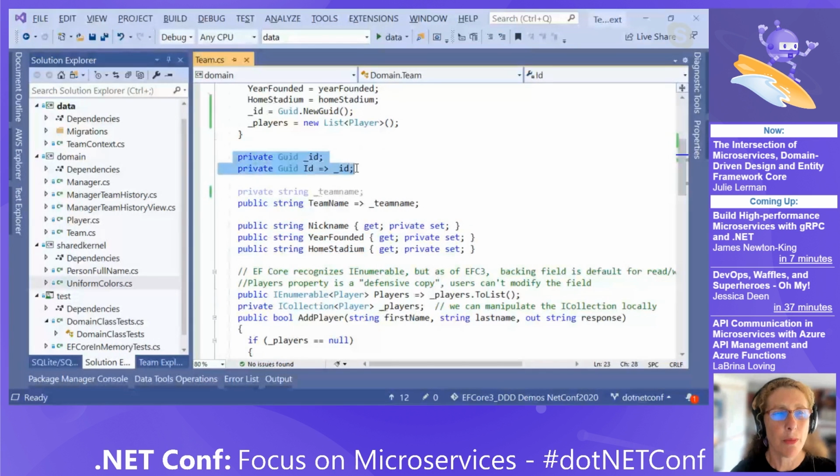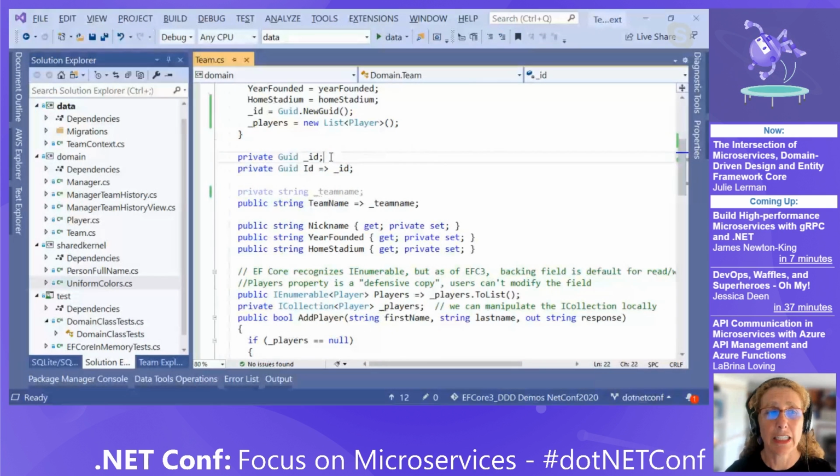Right off the bat, the key property, ID, I'm using an expression body to populate it, and I'm keeping track of that ID with this variable. And notice not only is the field private, which is normal, but the property's private also. Nobody needs to be reading the ID from outside when they're looking at team, except Entity Framework will.